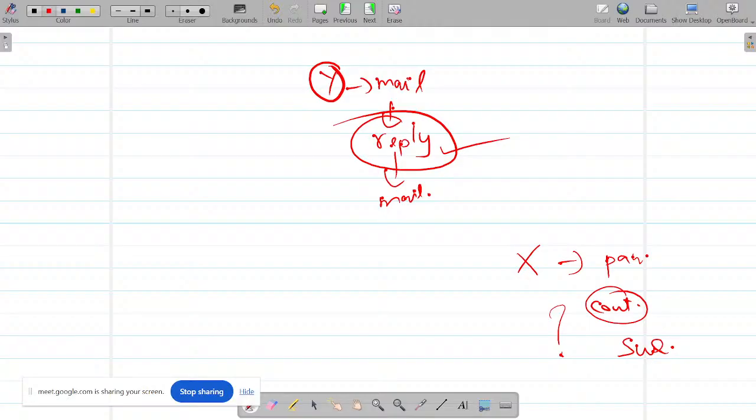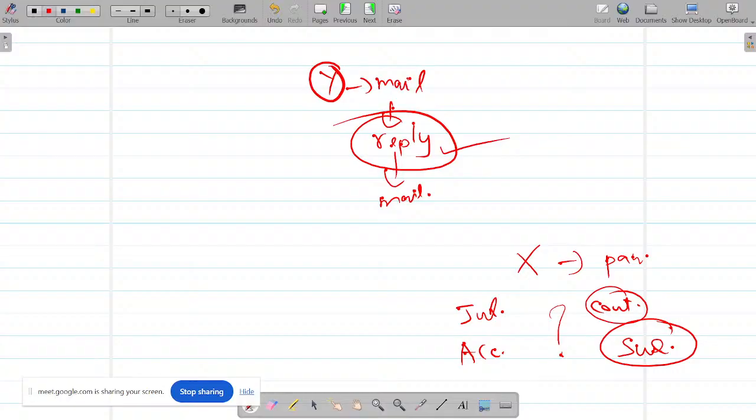The judge will check whether there is an offer. The judge will check whether there is an acceptance. What's the offer? Sending a mail. What does the mail say? Are you willing to purchase my car? How has it to be replied? How has it to be accepted? By sending a reply mail. The judge will clearly say there is no acceptance, there is no contract. Then why are you suing here? You cannot file a suit because there is no contract.